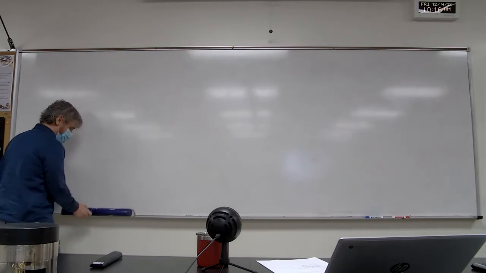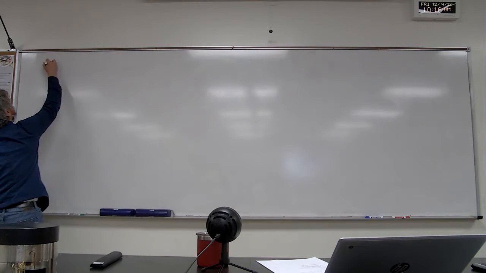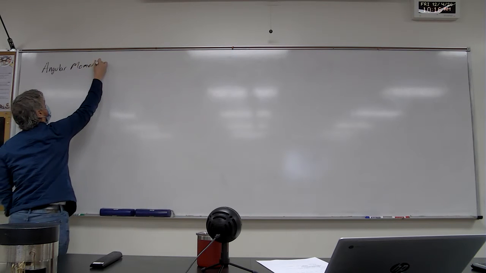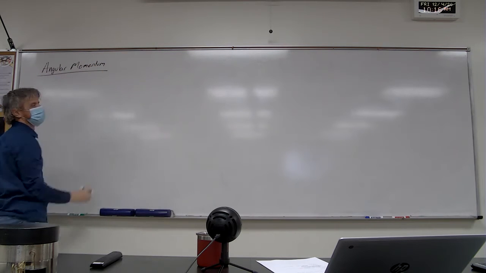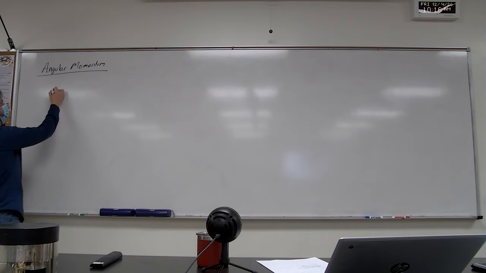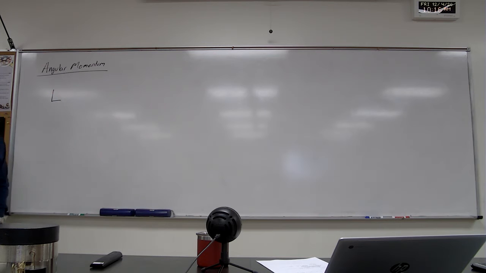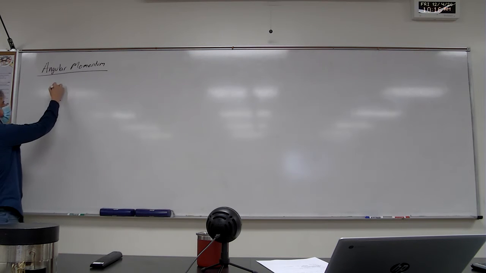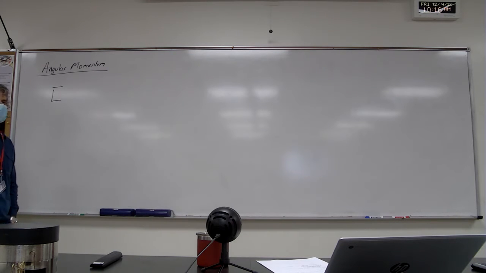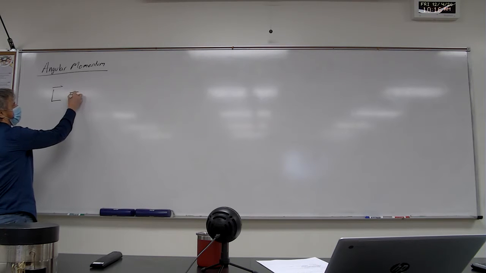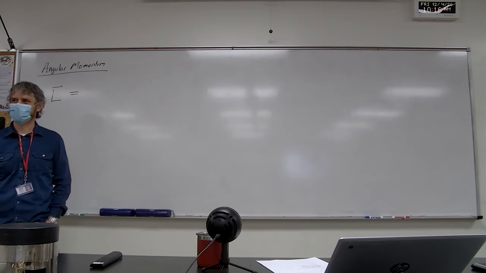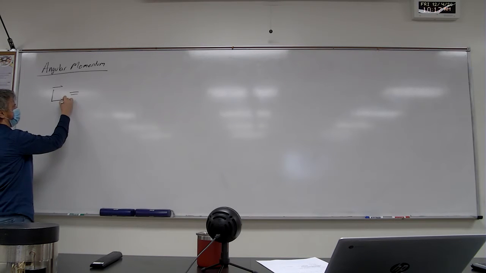So, angular momentum. Angular momentum gets the symbol L, capital L, because angular starts with the letter L. It is a vector. It's one of those weird three-dimensional vectors that we use the right-hand rule to determine the direction of. And the most general definition of angular momentum is for a point mass. So we'll say angular momentum for a point mass,